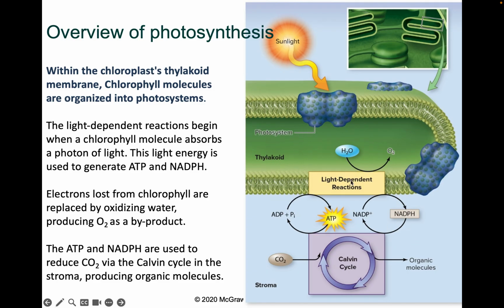So the first part, creating ATP and NADPH, is light dependent, while this one here, the carbon cycle, the second one happening in the stroma, is light independent. You just need the ATP and NADPH that you get from the first reaction for this to occur. So the energy for the first reaction is coming from sunlight, while here the energy is coming from